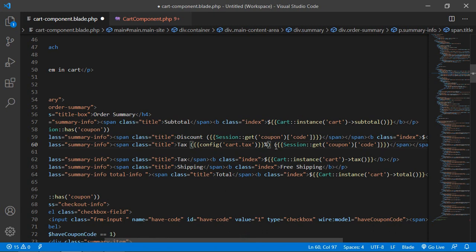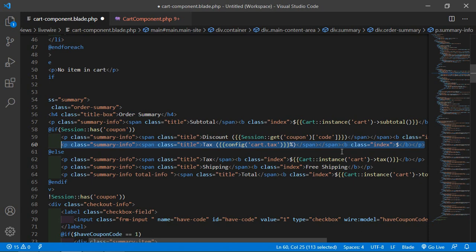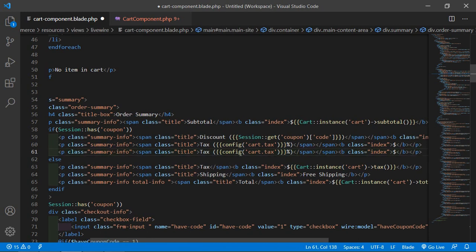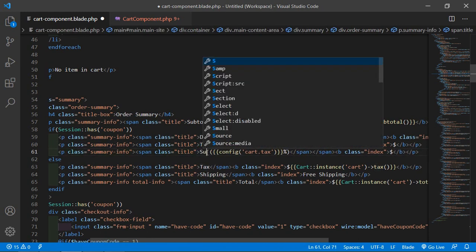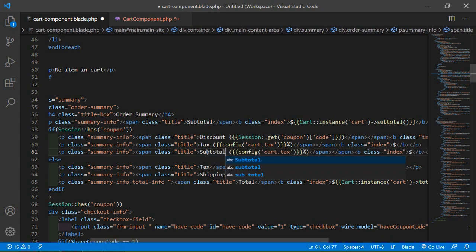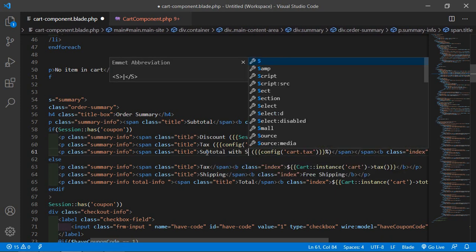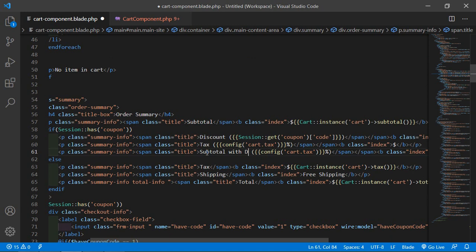All right, and remove this. And now after the tax, let's print here subtotal with discount, and now just remove this.